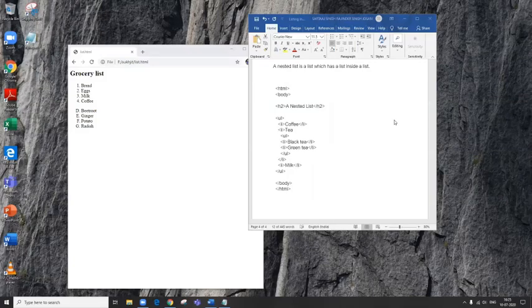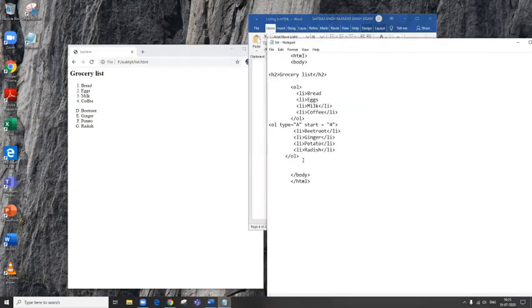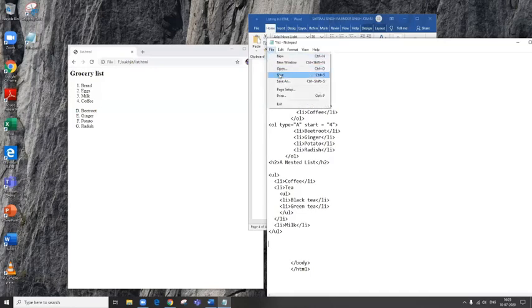So how do you create those types of lists? Just a small example here. Again, we'll just copy the code from here and paste it in our notepad to save the time, children, and see the difference. Now in this, a UL list has been started. Okay, first let us see the output of this, then I'll explain to you.